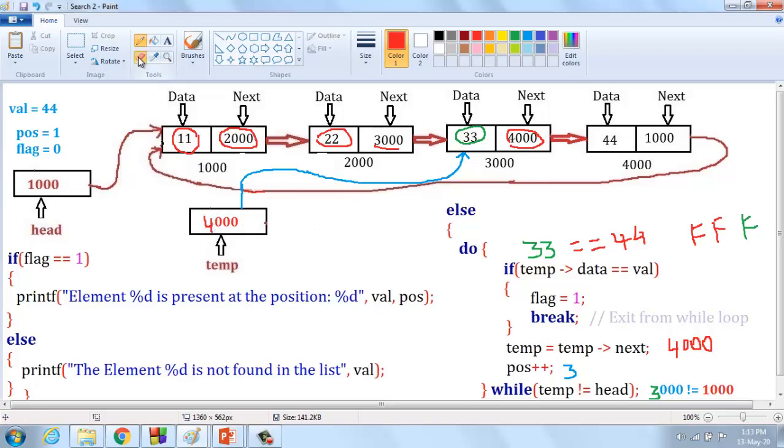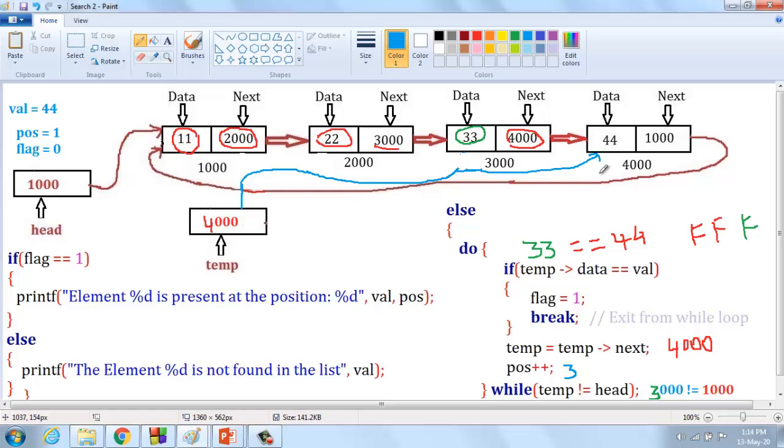Alright, if 4000, a link is terminated from the third node and moves to the fourth node in the list.